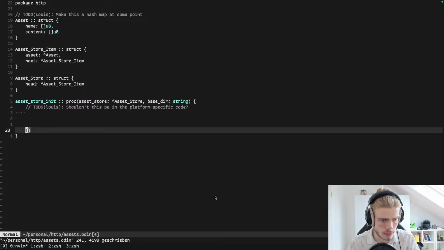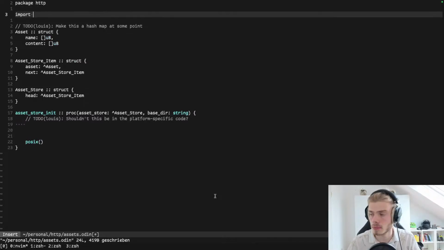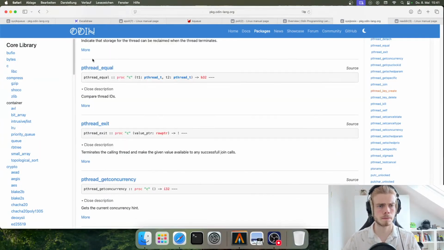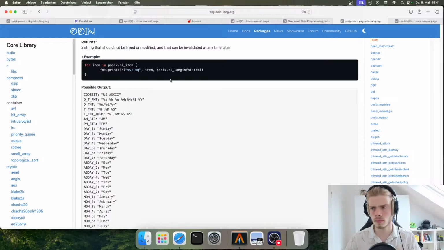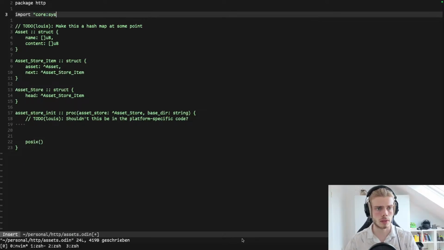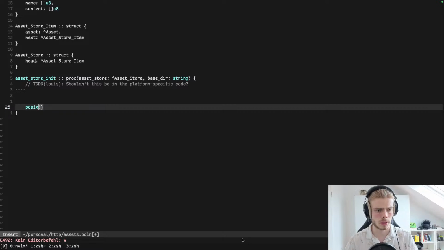So reader POSIX import core POSIX. No, is it core POSIX? Oh my god. Core POSIX. So this is POSIX.reader,